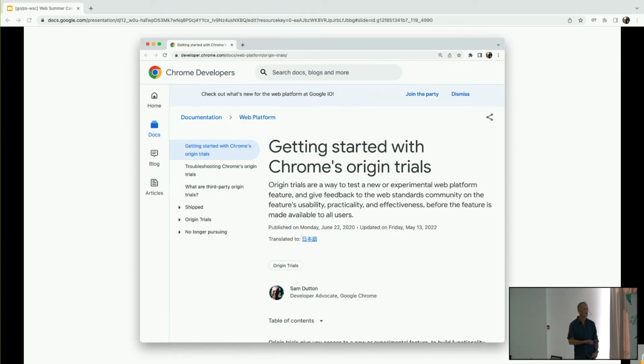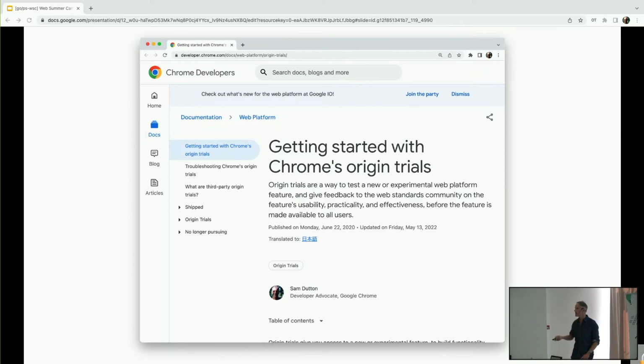For those who haven't heard of origin trials, they're a way to test new experimental web platform features. Developers can register for an origin trial. It's really quick and easy. You register for an origin trial, you get what's called a trial token. It's just a length of characters. You put that trial token on a web page where you want a feature to be supported, and then when Chrome opens that page, it looks for tokens. If it finds tokens, it decodes them and then enables the feature for that token, if the token is valid, it's not expired, and so on.